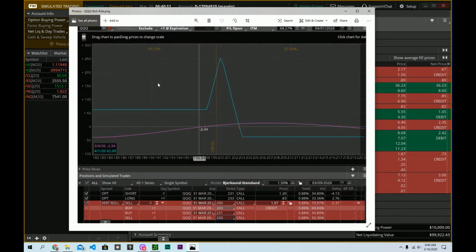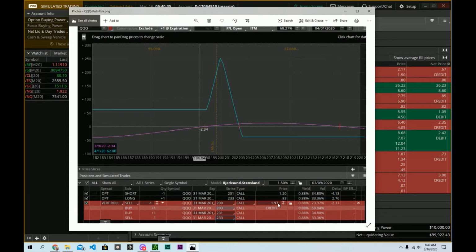So back to now the Qs. Let me double click that. So I think something wacky happened here with the Qs because I was set to collect $1.97 and I ended up collecting a $3 credit on this. And thanks to the magic of set it and forget it orders, I was able to close it almost immediately after the trade